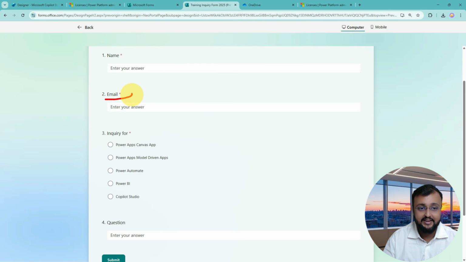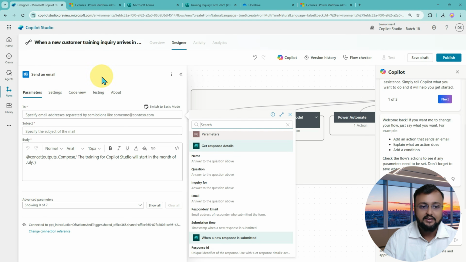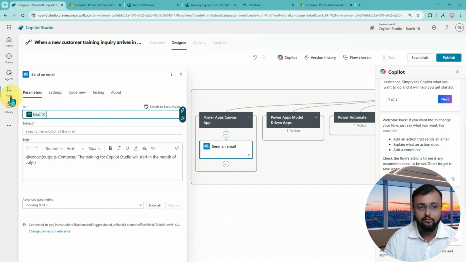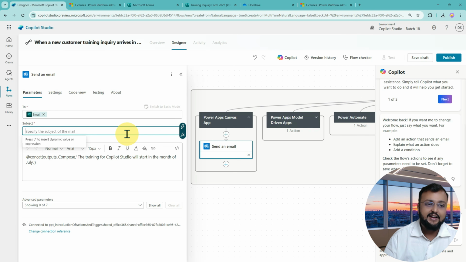We are providing an email field where the person is entering their email address. To that, I just wanted to send it back. So what I'm doing here is, I'm still doing this thing over here, and I'm sending the email back over here. Okay, perfect. And now you just need to provide your subject, what subject you want to provide. So you can just provide something like Power Apps, Canvas app,